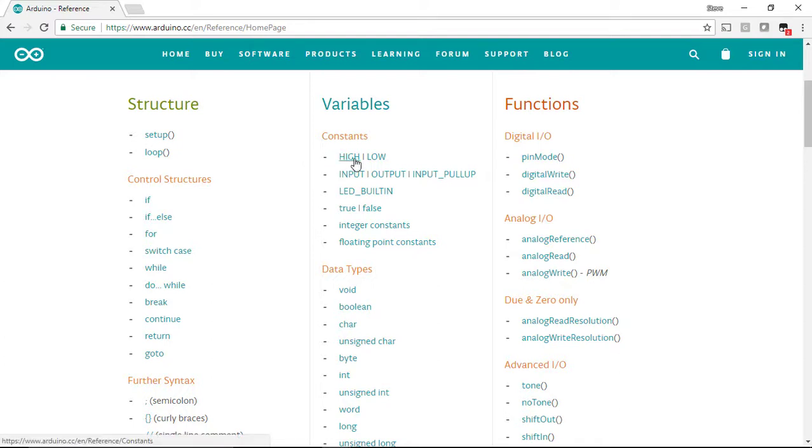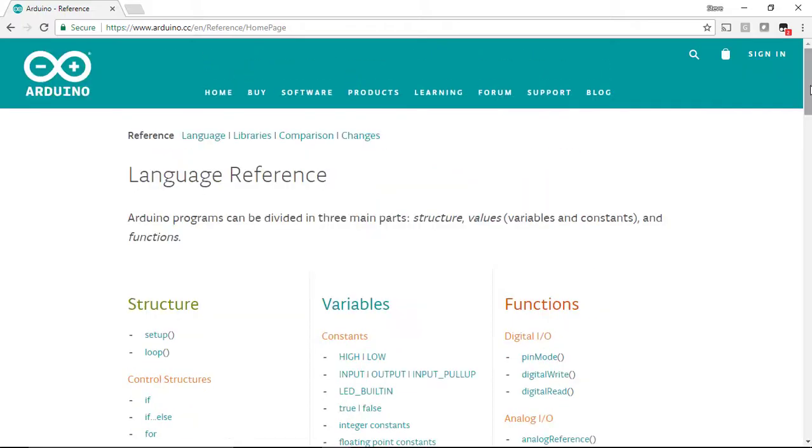Here you have constants HIGH and LOW. That's a 5 volt, 0 volt, 1 or a 0. And then various functions that you'll be using with your Arduino, such as pinMode, setting the mode of a pin to output or input, working with digitalWrite and digitalRead, and various other information. So there's really a wealth of information here, and it's worthwhile actually just bookmarking this website for use throughout the